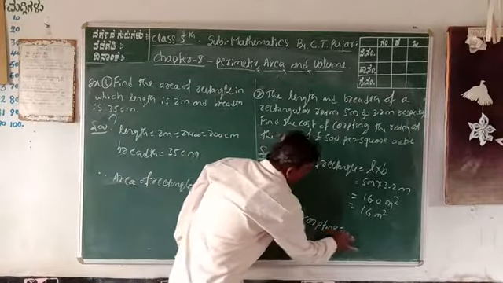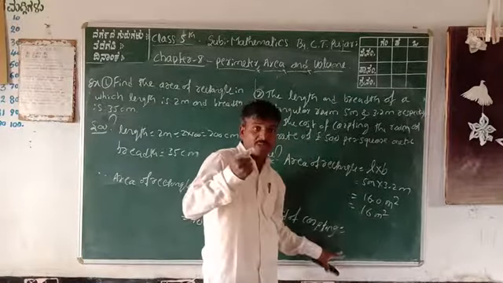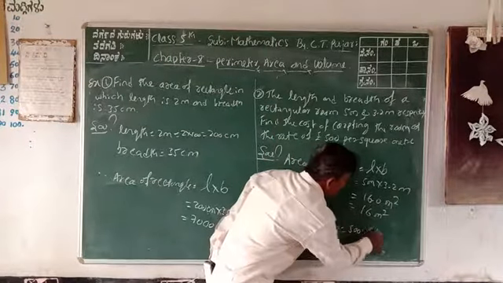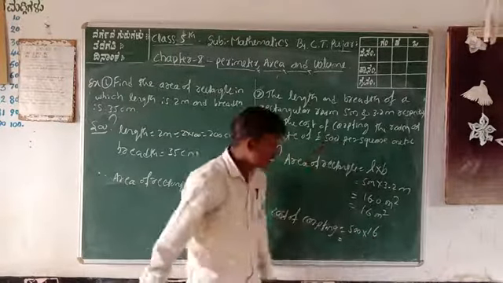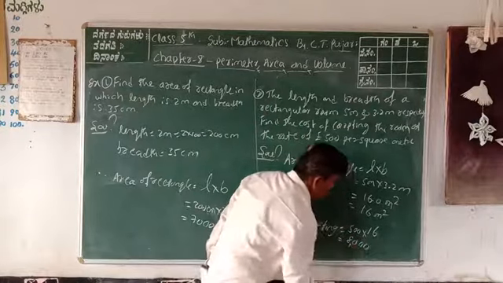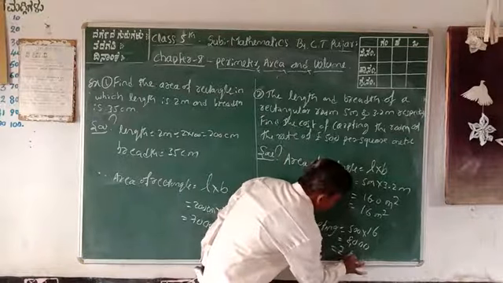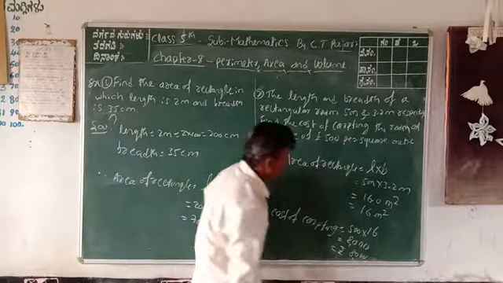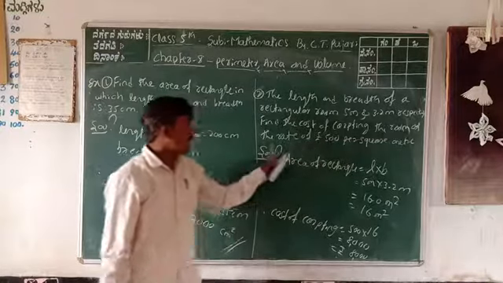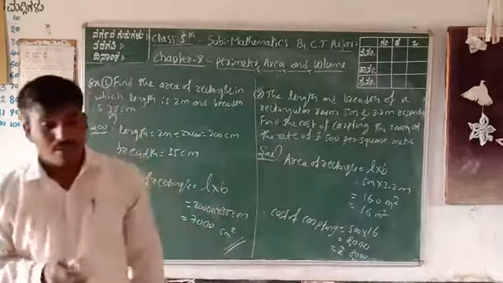Carpeting is equal to total meter square, or 60 meter square. But 1 meter square is 500 rupees. Therefore, 500 into 16: 16 5s are 80, 800, 8,000 rupees. The cost is rupees 8,000. Got it? This example is done. This was only finding the area of a rectangle. Next questions are only area of squares.